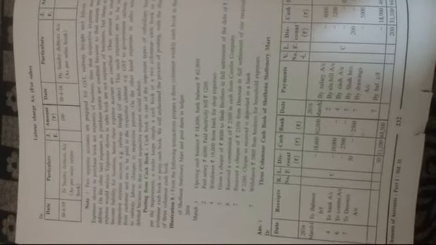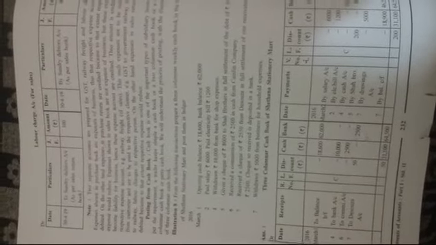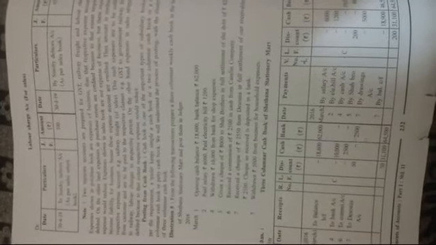You all know what a 3-columnar cash book is. A 3-columnar cash book means it contains all three types of columns: discount column, cash column and bank column. That is known as a 3-columnar cash book. So here illustration 8 is provided. The question says that from the following transactions, prepare a 3-columnar weekly cash book in the books of Sethana Stationery Mart and post them into the ledger.